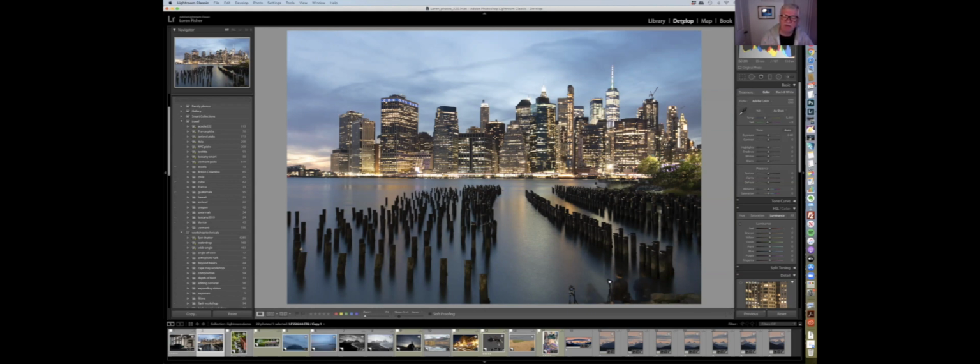So every raw photo and most JPEGs need to have some work done to them. And that doesn't mean that you shot it wrong or did anything wrong. It's just the reality of digital. A RAW gives you a much broader space to work in and a possibility to make much greater changes. And so here in the develop module, which I got by clicking up here or tapping the D key on the keyboard,